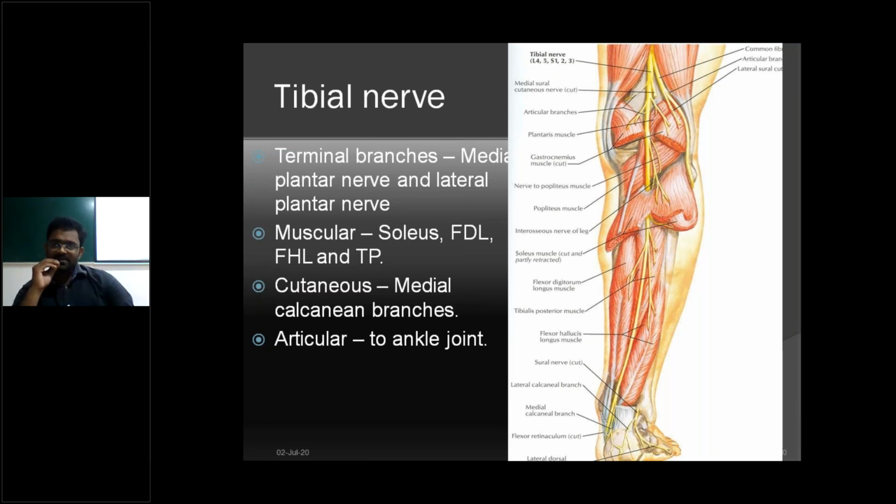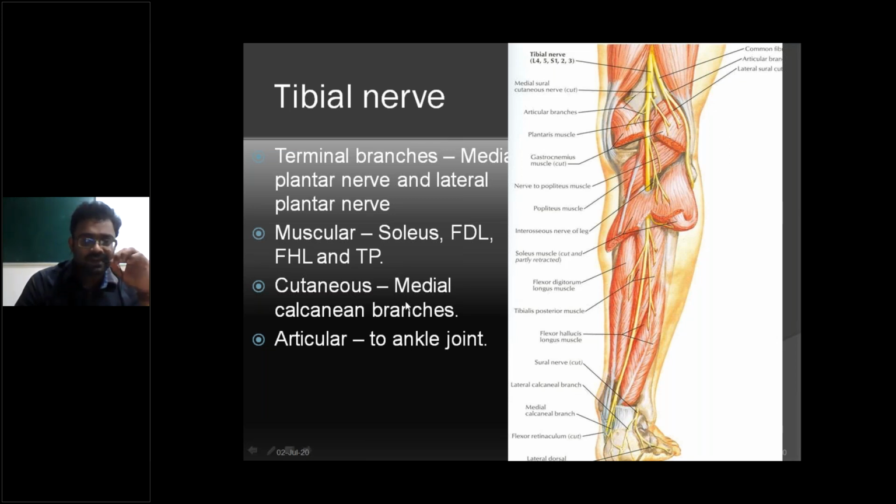So gastrocnemius, soleus, and plantaris are also supplied by the tibial nerve, which arises in the popliteal fossa. Muscular branches supply the soleus, flexor digitorum longus, flexor hallucis longus, and tibialis posterior. These muscular branches arise in the back of the leg, right? And next,